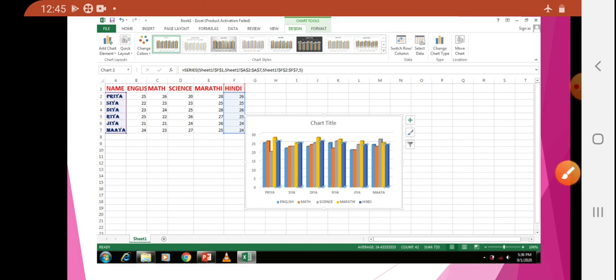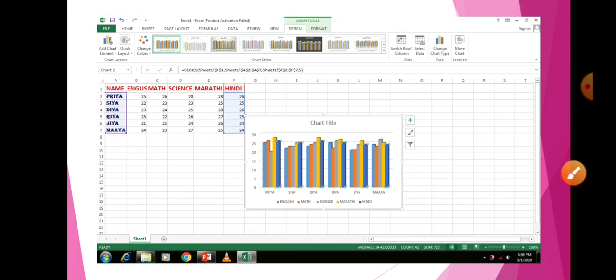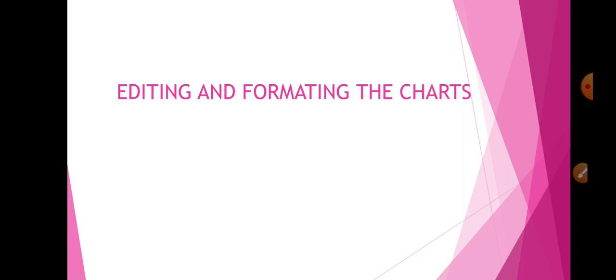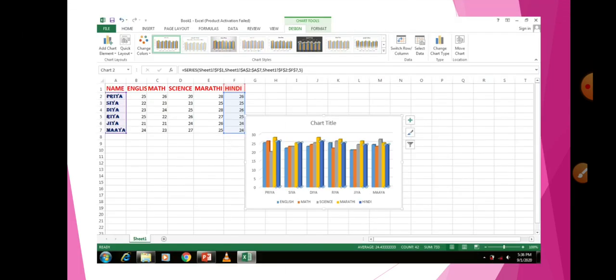Very good. Now this is your second method. So two methods we have seen. First is your method 1, which is also simple. You press F1, you will get the chart, and from that you have to choose. The second method is also very easy. You have to click on the insert tab. In the insert tab you will get the chart types, and in chart types subtypes are there. These are the subtypes which you can see here, and from that, if you want any type of chart, you can select it.